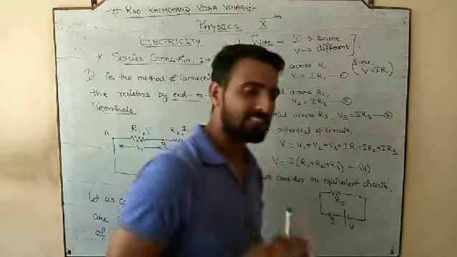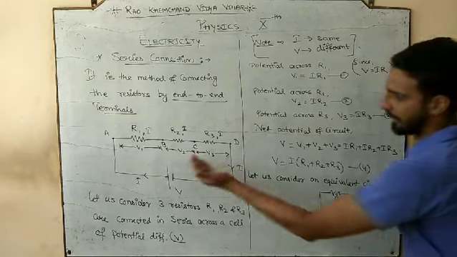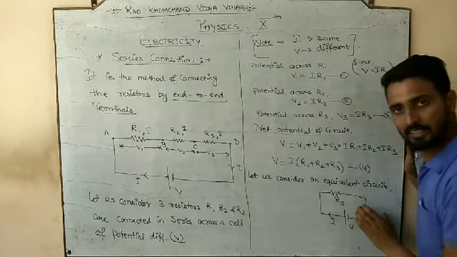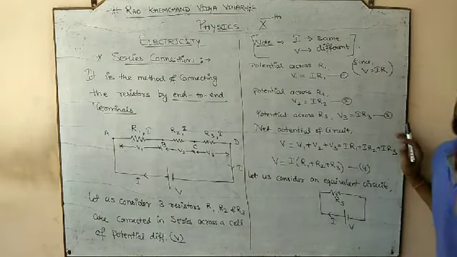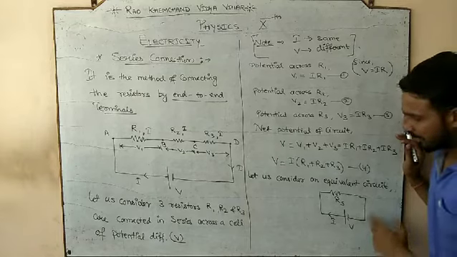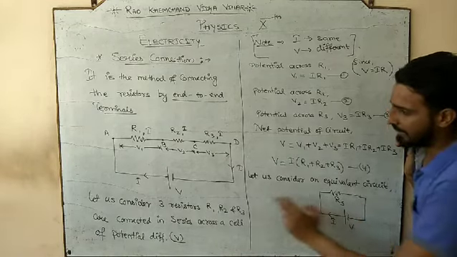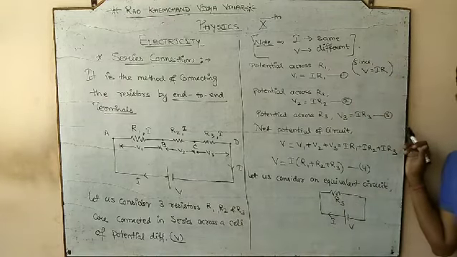Means let us assume, imagine a circuit which is equivalent to this, which will work just like this one, but it has only one single resistor instead of the 3 different resistors. But both the circuits can be called equivalent if they are connected with the same cell and if they provide the same amount of current.